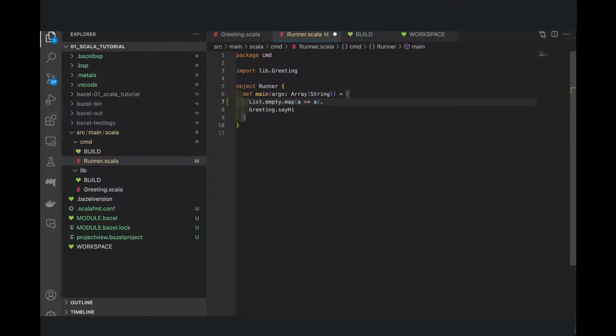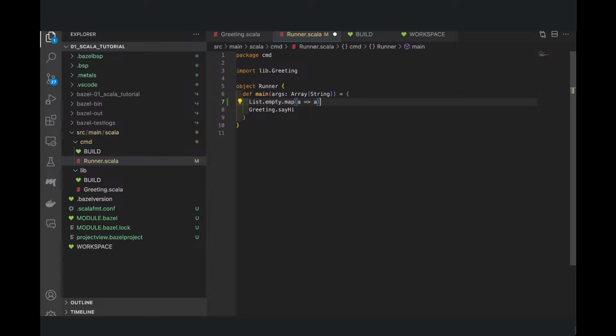So the integration at the current point in time doesn't seem to reuse the previous data set like it does with a vanilla, let's say, use of Metals with SBT, because it then uses the existing Scala meta files, semanticDB files.